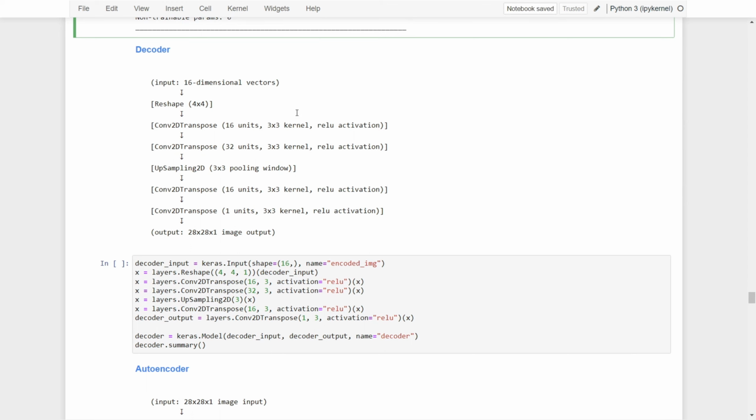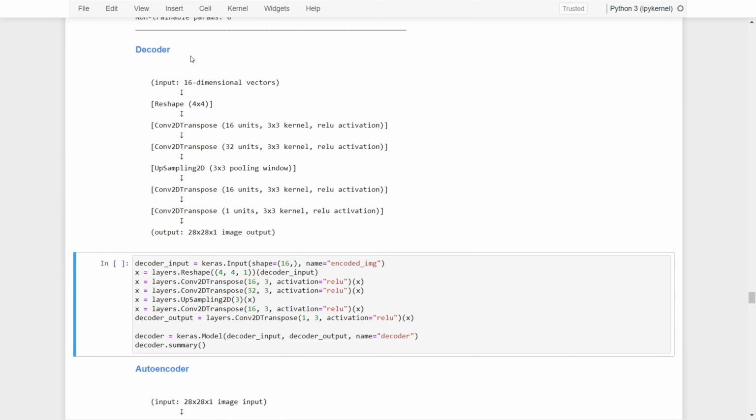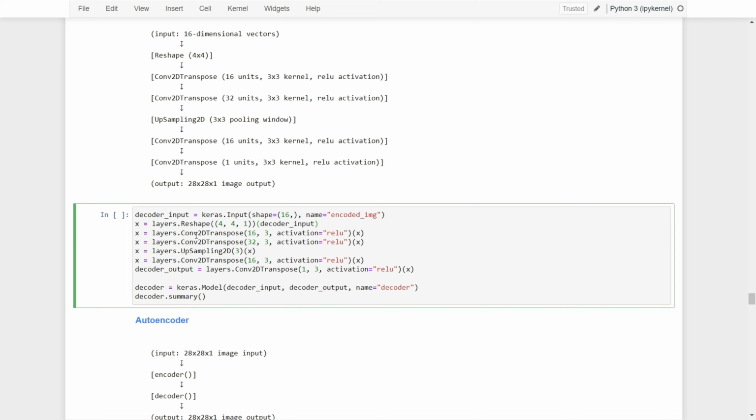Now we are ready to create a decoder. Once we have the encoder, we are ready to build the decoder. We have the 16-dimensional vector from the previous encoder's output, and we can use it as the input for this decoder input. We also call it the encoded image to make sure we know that it's coming from the previous encoder's output. Now we can reshape this decoder input into 4 by 4 by 1 dimensions, and then we have a Conv2DTranspose, which performs the reverse of the convolutional function